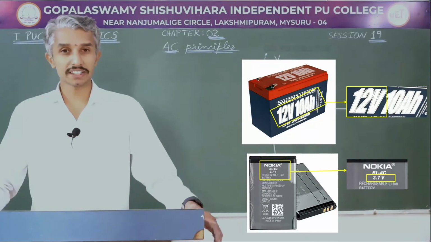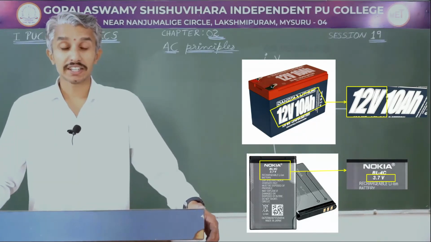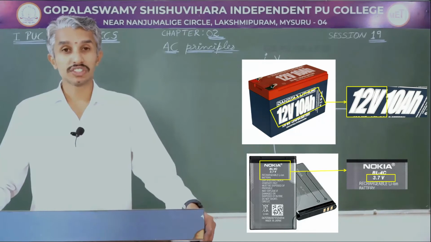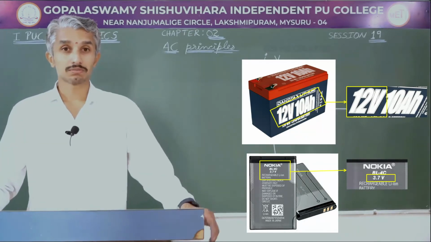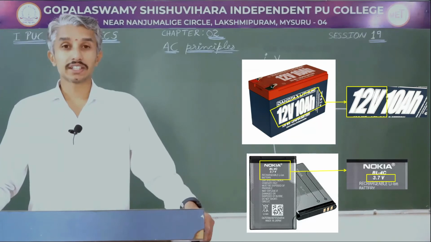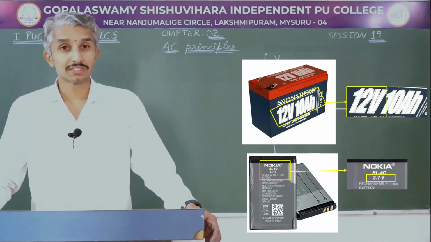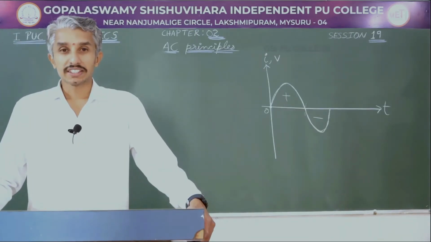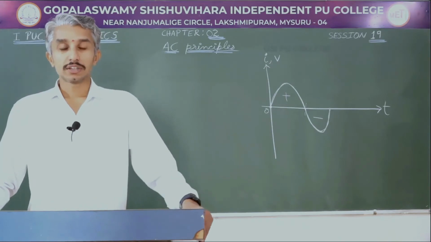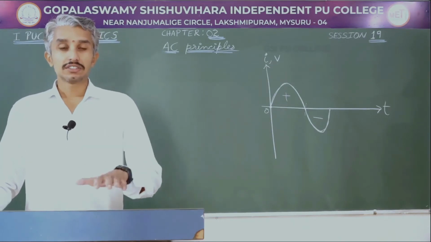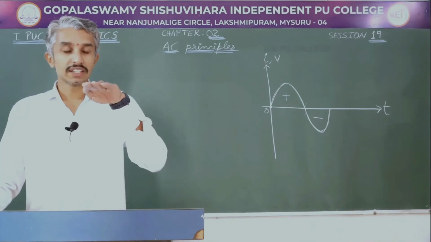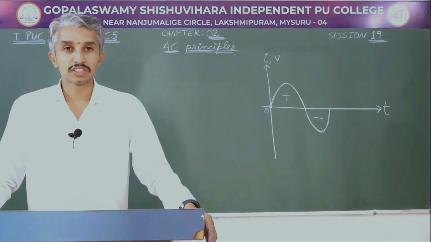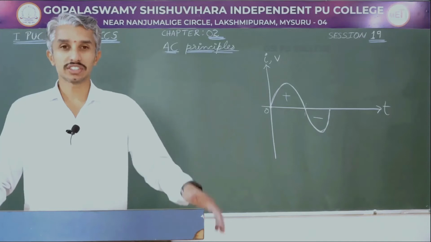Whenever we are using a battery, definitely we have to make proper connections. The positive of the battery will have to be connected to the positive terminal of the appliances that we are going to use. The negative of the battery will have to be connected to the negative terminal of the appliances that we use. So, their polarity matters. In DC, the polarity always remains the same, and by saying DC or direct current, the value of the voltage supplied or the current is going to be stable, or constant, whereas it is not the same in AC. There it keeps on changing.